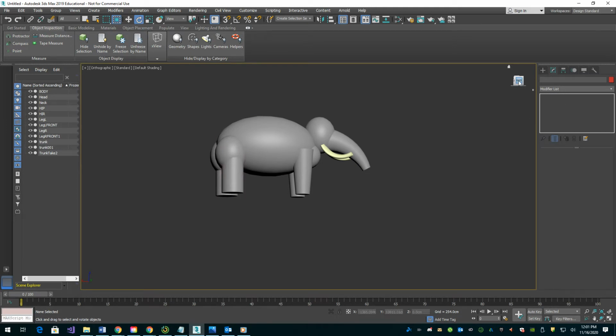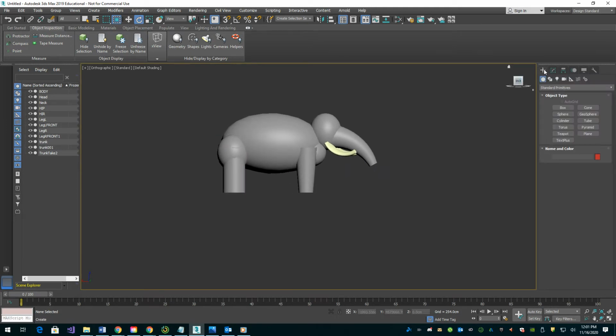I'm going to lock myself on a viewport, go to the create panel, and look at my options here and see what can I use for a primitive that will work out as an ear. If I were to grab something like a cylinder to start with, and I'm purposely going to be locked on a viewport such as back, so that when I create it, it's going to appear in front of me. Let's just turn the grid on for a minute. If I click to the grid, it should look at the top of